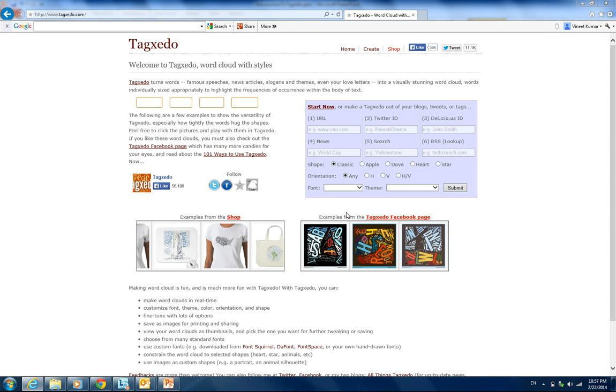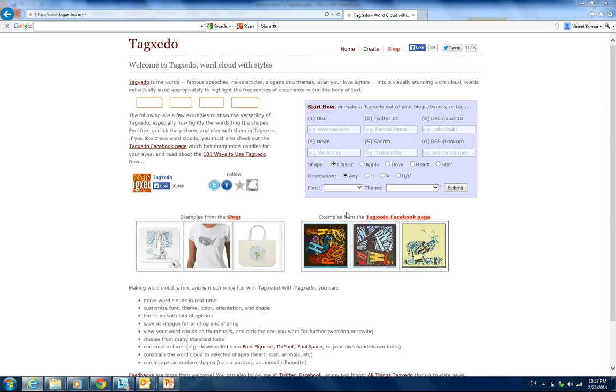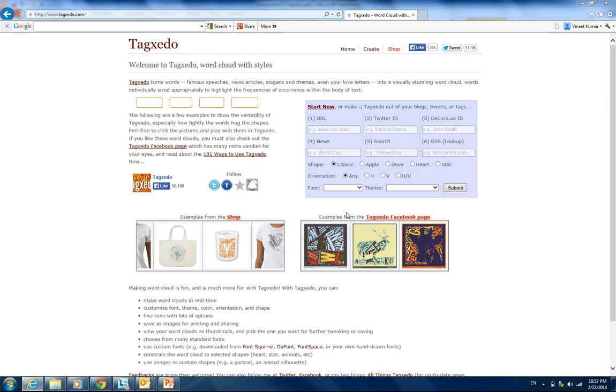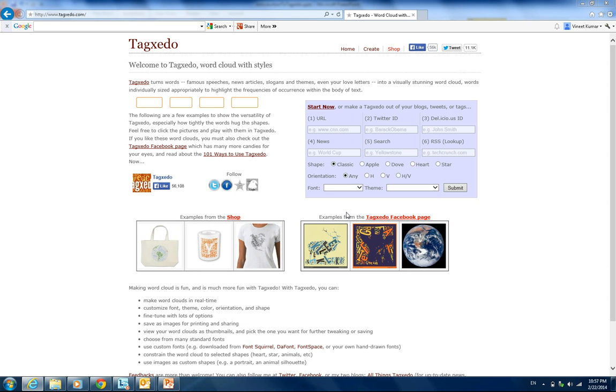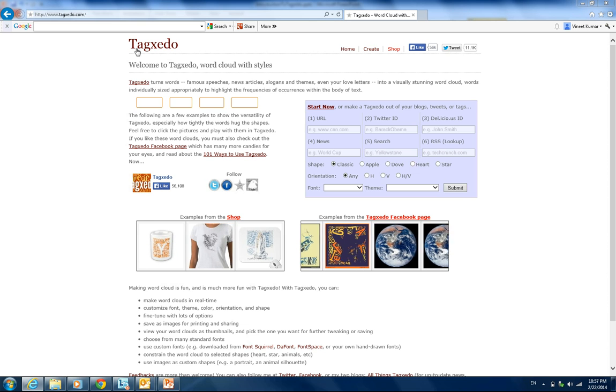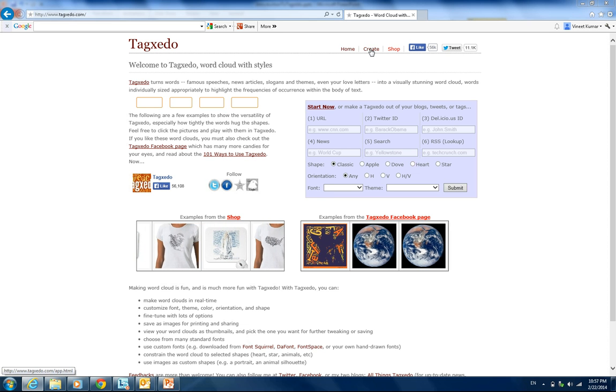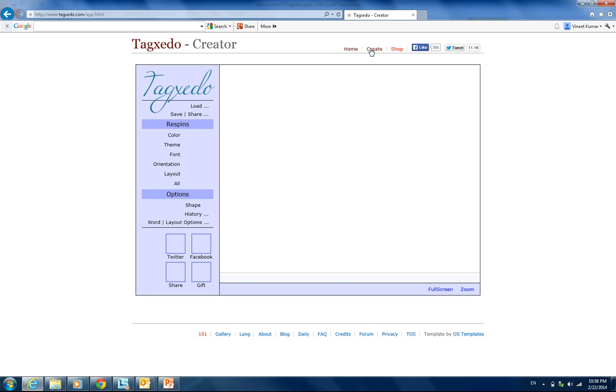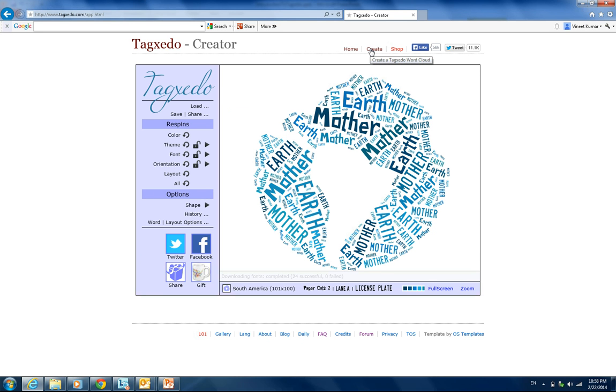Okay, now let's use the example that we were trying to do to make a cloud art of a puppy. You go to Tagxedo, www.tagxedo.com, and you start the create button. Once you do that, you will see this menu open up, and it's very straightforward. The first thing you got to do is come to the button that says load,